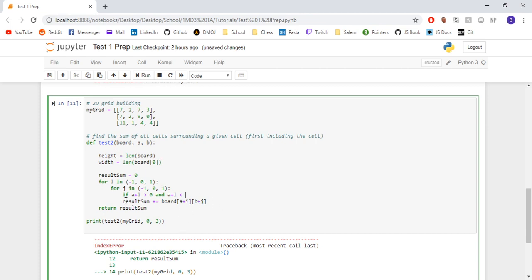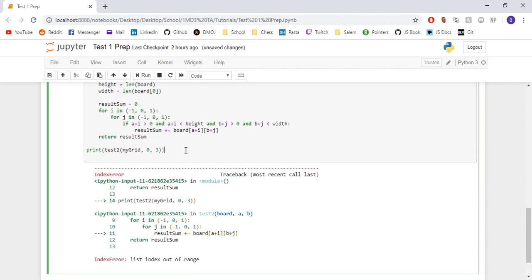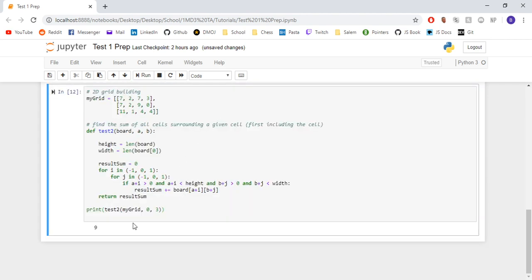Now we have the height and the width. We can say only add this to the result sum if a plus i is greater than 0 and a plus i is less than height, and b plus j is greater than 0 and b plus j is less than width. Cool. And so now, if we run this, we get 9. And if you check,